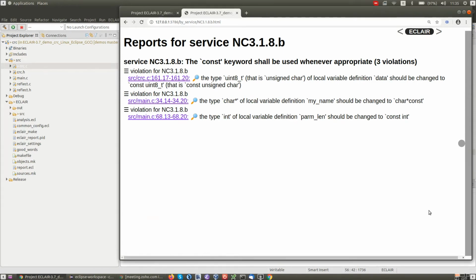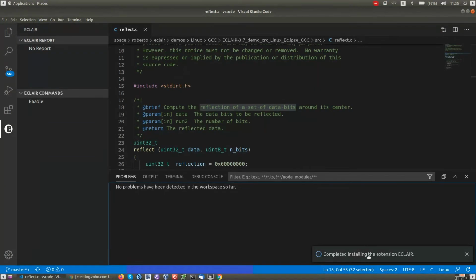Okay. So, but now I want to show you, this is Visual Studio Code. I just installed the Eclair extension. I have not presented how you install the plugins, but it's trivial. It's basically install new plugin, you take the plugin from the file, you accept the license, you click finish, and Visual Studio Code or Eclipse will tell you, should I restart? And you say yes,